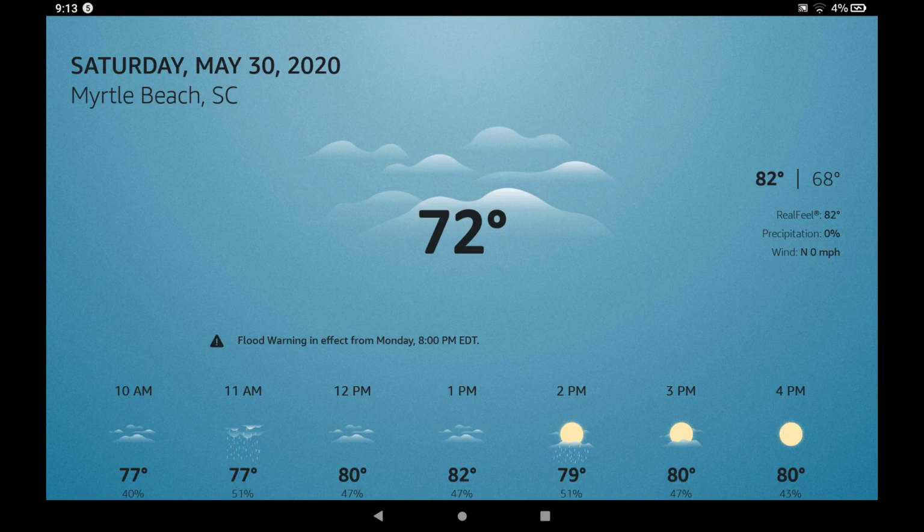In Myrtle Beach, there's a flood warning in effect starting Monday, June 1st, 8 p.m. The current weather is 72 degrees Fahrenheit with cloudy skies. Today, you can look for lots of clouds and thunderstorms, with a high of 82 degrees and a low of